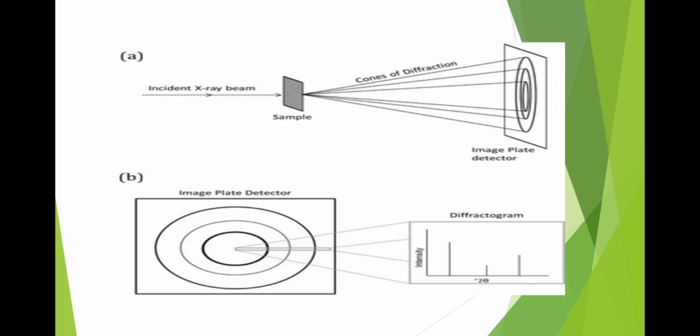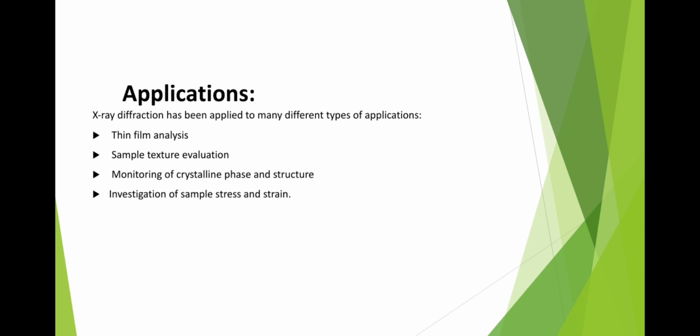In this picture we can see that the X-ray beam, after passing through the sample, strikes the detector plate, and this detector plate causes the detector to form a diffractogram. So how can X-ray diffraction be used for different processes? It may have many different types of